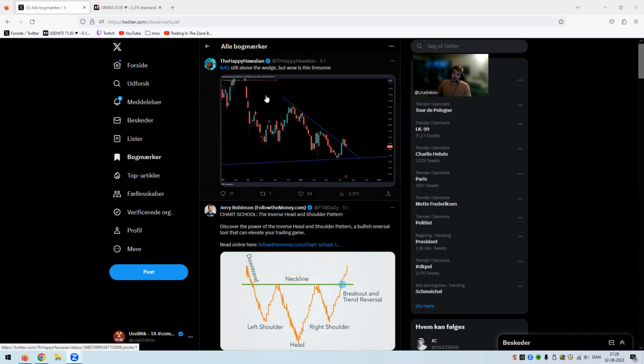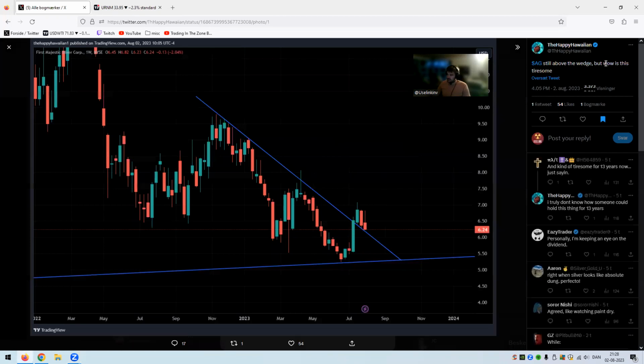This is the Happy Hawaiian. This is First Majestic. Still above the wedge, but whoa, this is tiresome, and I agree. Again, we have the breakout here. Anyways, we have the breakout. We're doing some sort of retesting here. You could argue that you have a